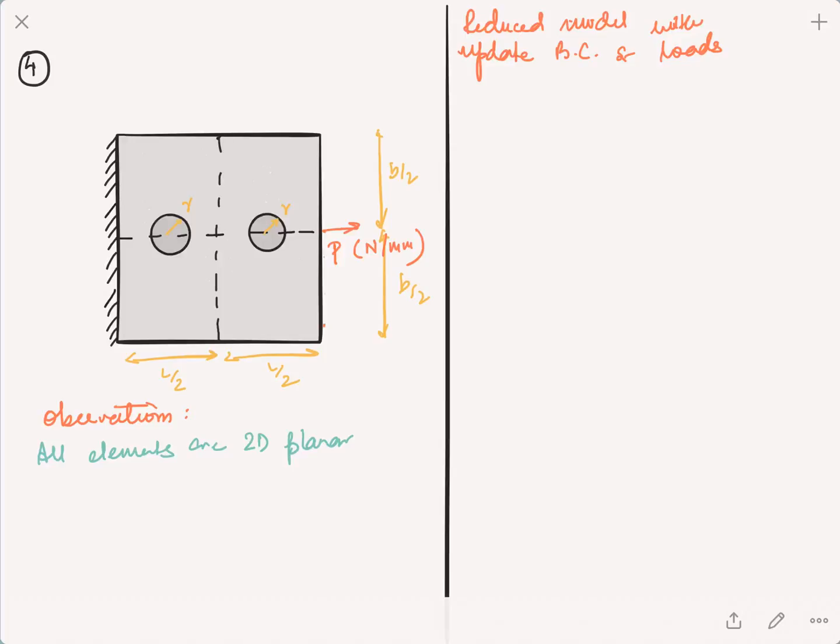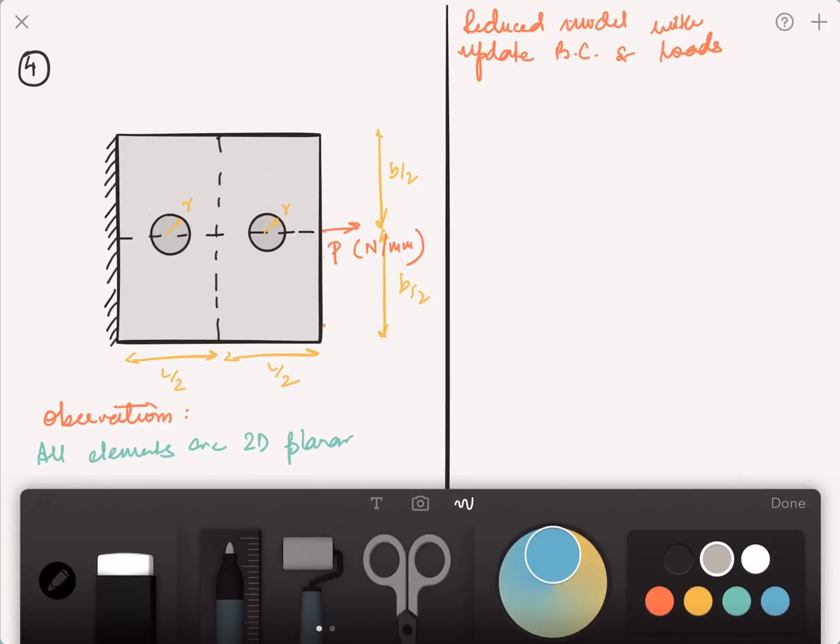Now we are at the last example problem for symmetry. If you look at this element, this member, it's also 2D planar with two holes in it of radius r. There's a load, which is supposed to be a concentrated load, so it should not be Newton per millimeter but just P Newton,